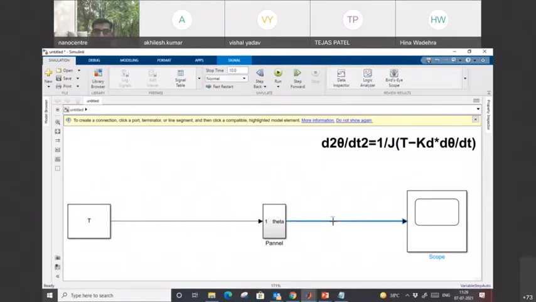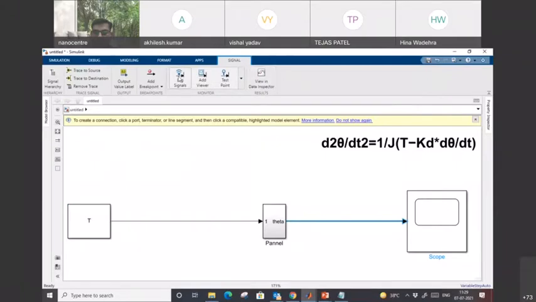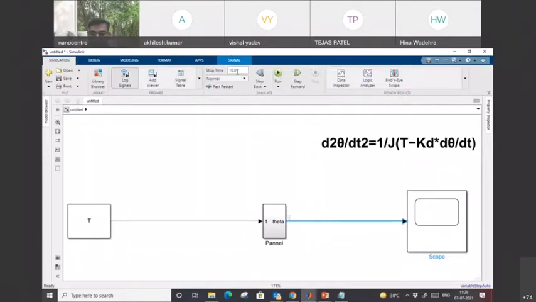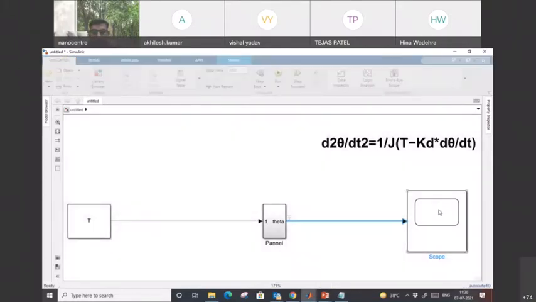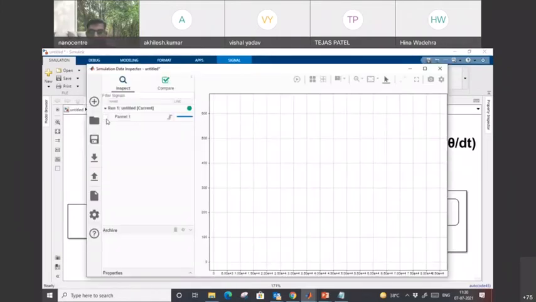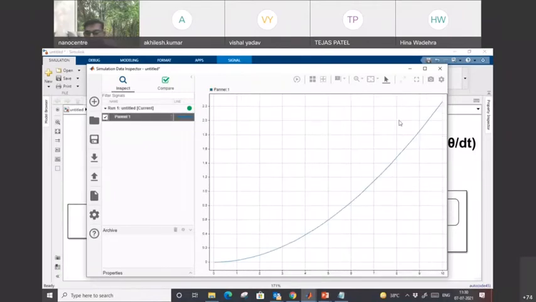Okay. Also, I want to log this data. So simply I will select this, and I will go in the signal, and there is option log signal. I want to compare with different torque, let's say. Like this industries, they are using different values, they are changing and comparing that. Now I am going to run this for 10 seconds. And here we can see the angular displacement here. Okay, so it is simulated, and when I go in the data inspector here, a new window will be opened, and from here we can visualize the output of the panel.